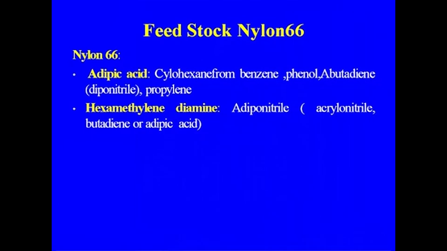Another important one is the hexamethylenediamine, that is the adiponitrile, from the acrylonitrile, where we need the propylene, butadiene, or the adipic acid. These are some of the other routes for the making of the hexamethylenediamine. Let us now discuss the cyclohexane, which is the major feedstock, and most of the processes